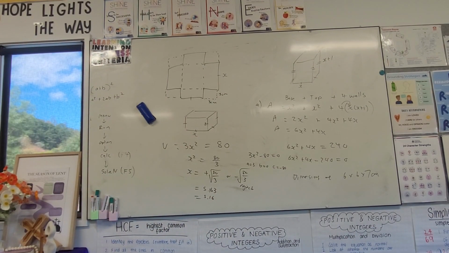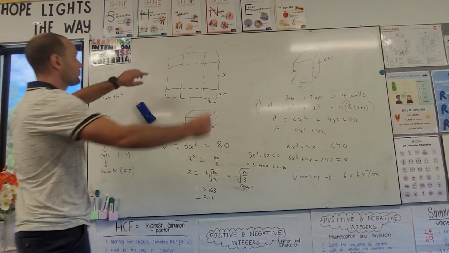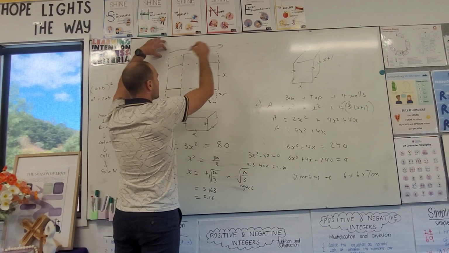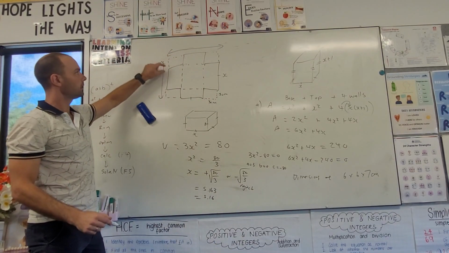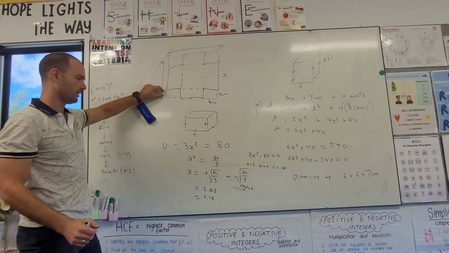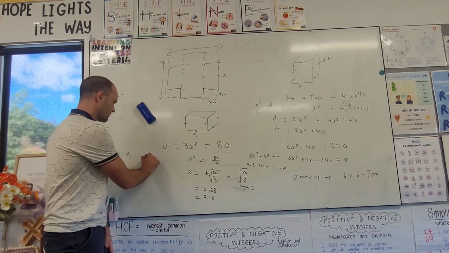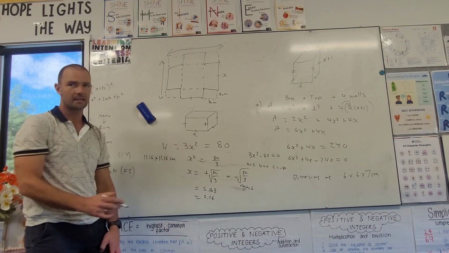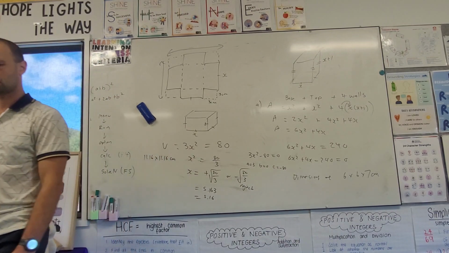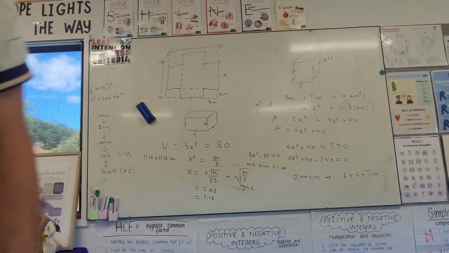Well, we've got to answer the question. Find the dimensions of the original piece of tin. Well, the original piece of tin was this long and this wide. So that means it's x plus 3 plus 3. So we're adding 6 to that. We'll get the original dimensions were 11.16 by 11.16 centimetres to answer the question. Really good. So I'll stop there. And for homework tonight,